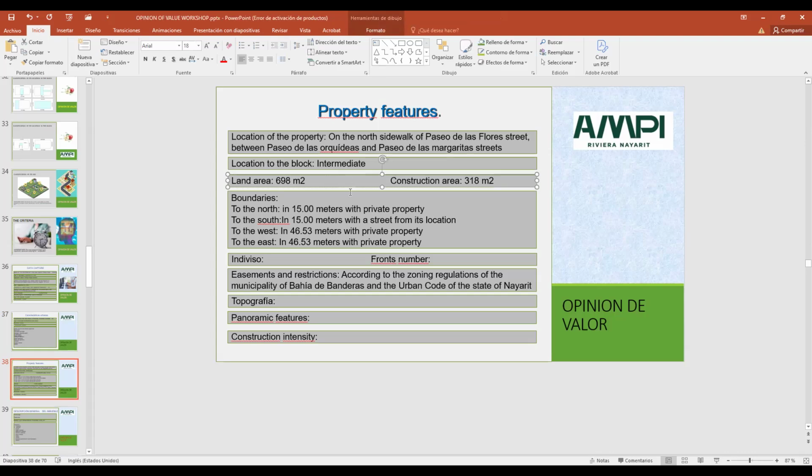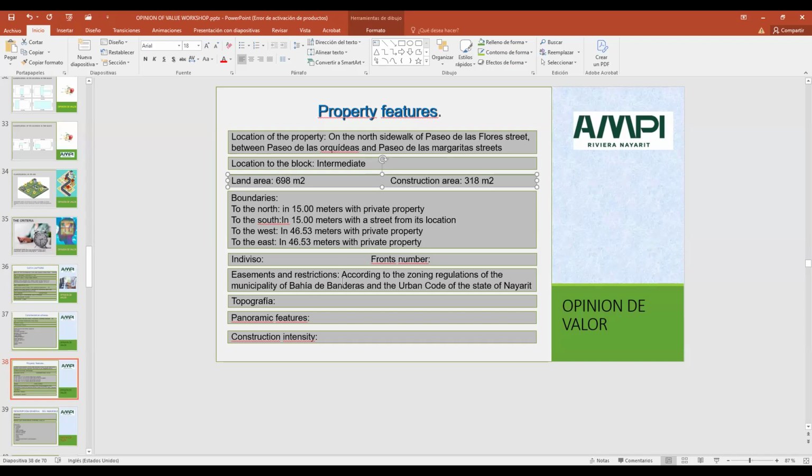Where are you gonna get it from? The documents, or you're gonna measure it? It's important that you know how to measure it, because sometimes the documents are wrong. So don't be surprised when the predial, when the documents, when the deed or the information from Catastro is not right. Don't be surprised. So you know to measure.